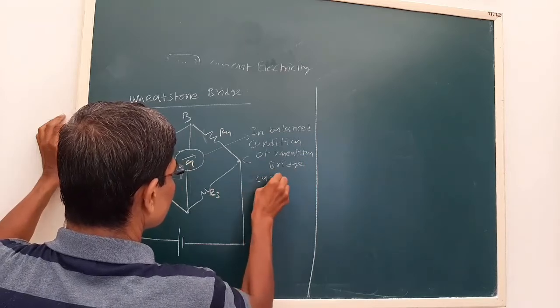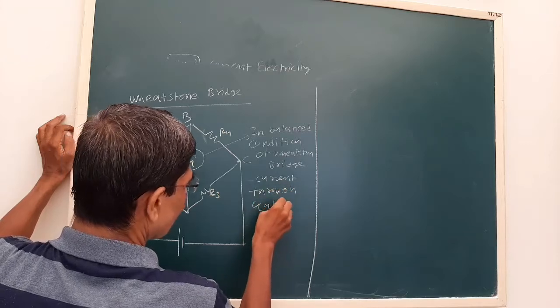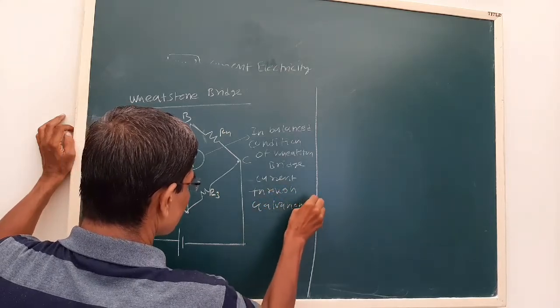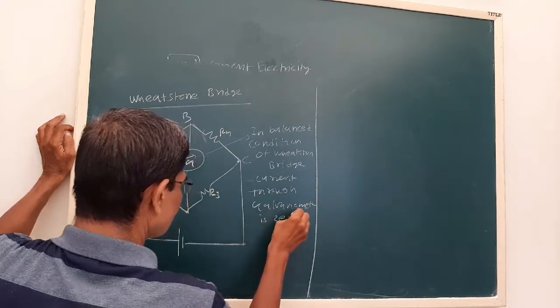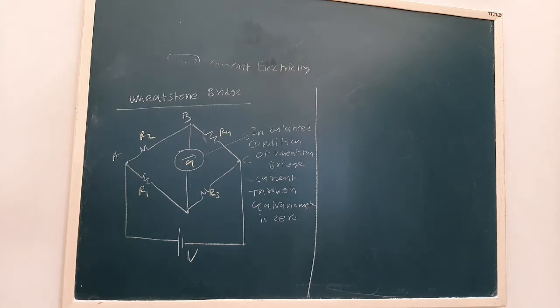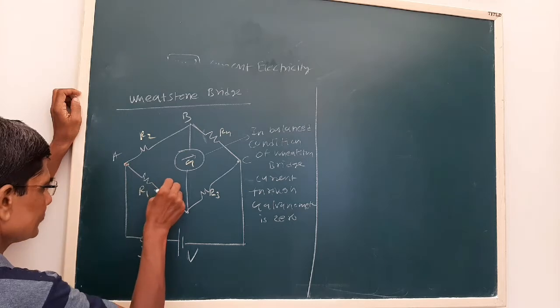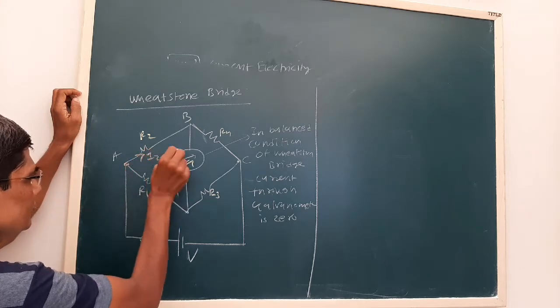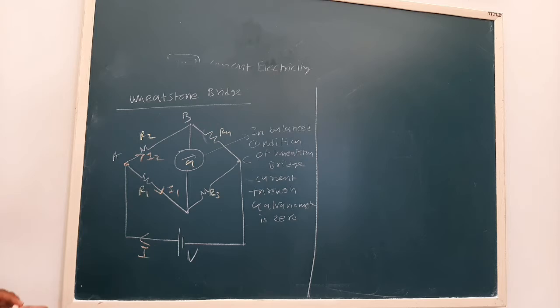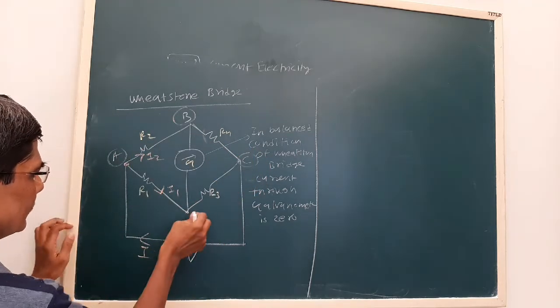The current through the galvanometer is zero. Now see, a battery of V volt is connected like this. Now we derive this condition first. Let us say the total current is I. As we discussed, 2 currents will flow in these 2 branches. This is, let us say, A, B, C, D and A.